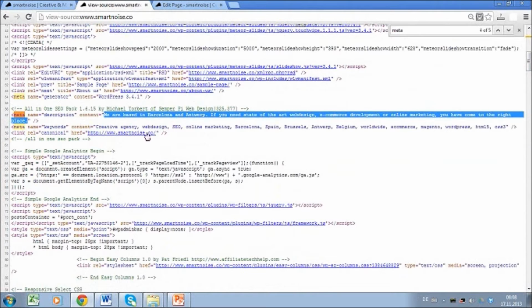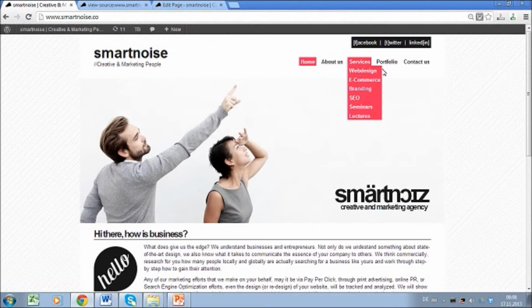So in this case we have creative agency, web design, SEO, online marketing, Barcelona, Spain, Brussels, Antwerp, Belgium, worldwide, e-commerce, Magento. Magento is an e-commerce shop, WordPress, etc., etc. But as you can imagine, we could use much more keywords than this. Think about the products that I mentioned before. Seminars, lectures,